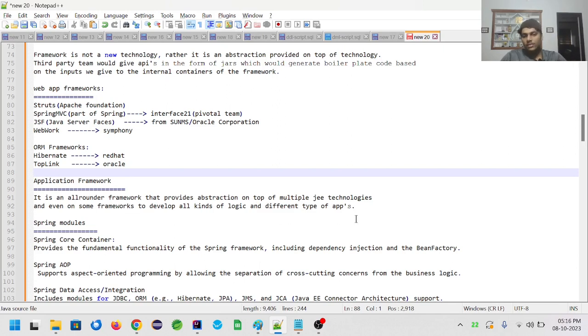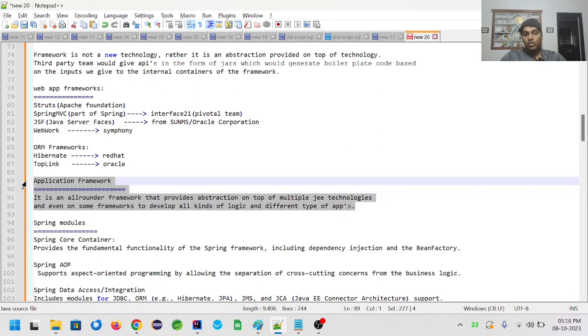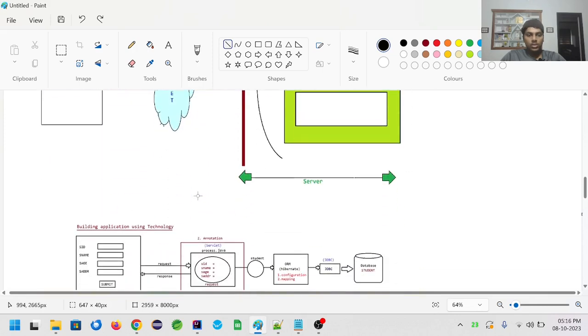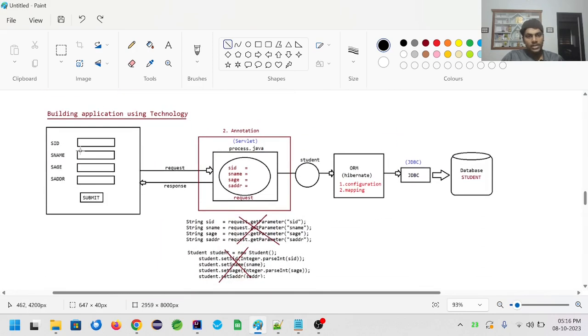So that's why I am discussing application frameworks. Spring has abstraction on top of multiple technologies. Let me show you an example. If you see building an application using technology, if you are developing a student application, you need to write one